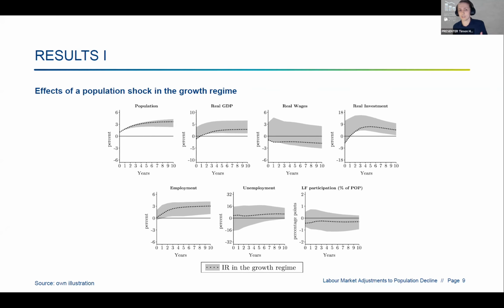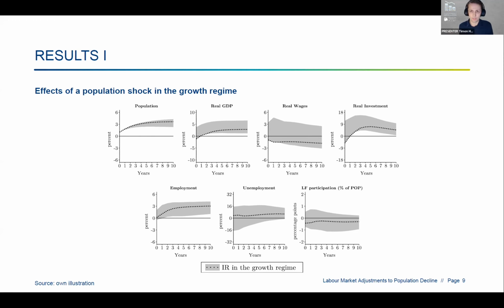So the population is increasing. This means employment is increasing. This means, of course, that GDP is growing. Also, that unemployment is growing. The additional people do not necessarily go proportionally into the labor market, so the participation is decreasing. Also, real wages are decreasing as we have more people in the labor market, and the investment is increasing, both